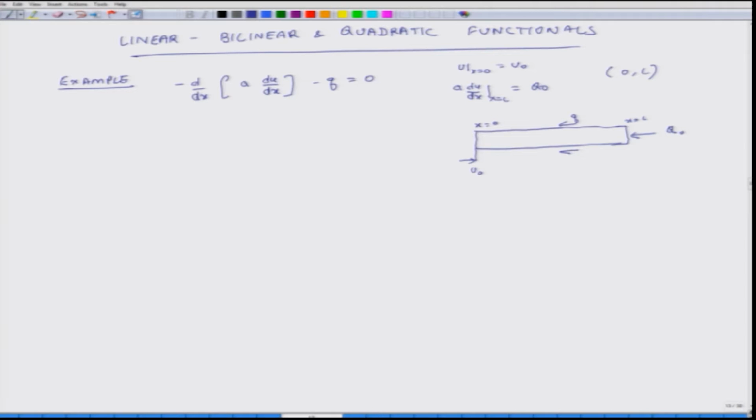Then u is the displacement in the bar at some position x. I am interested in finding u, how it changes between 0 to L. Also, the Young's modulus of the bar is E, and let us assume, at least in the context of this particular example, that A is the cross sectional area, which does not change with the length. So, EA is the thing, and this equals A.